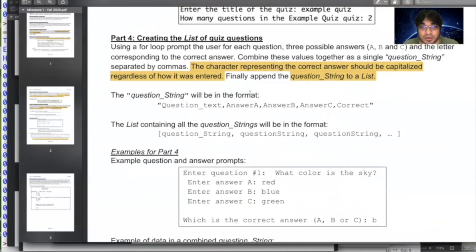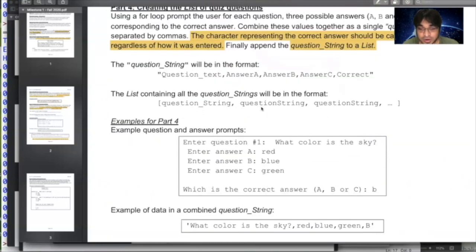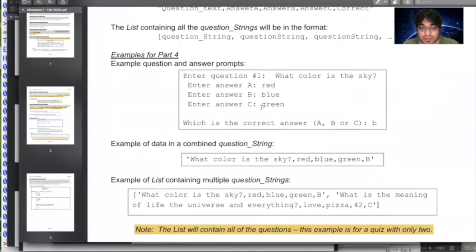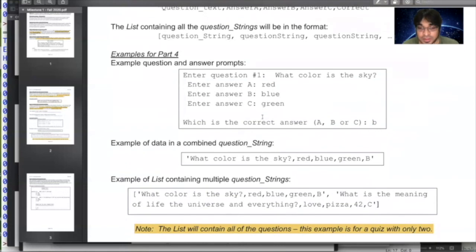Now, the list I was talking about a minute ago is a collection of these questions. Let's say we had 2 of these question strings. Then we would have a list of strings that contains 2 strings in this example.